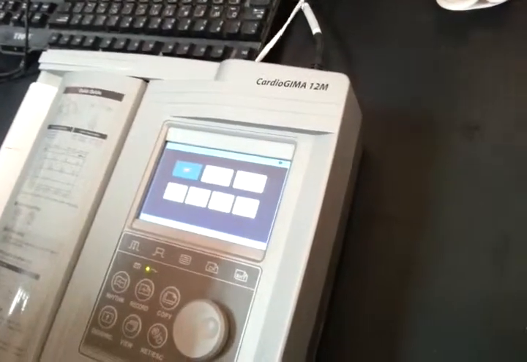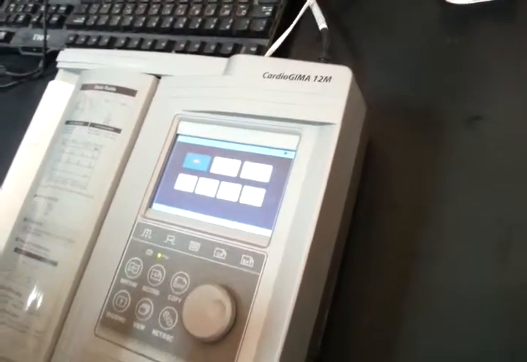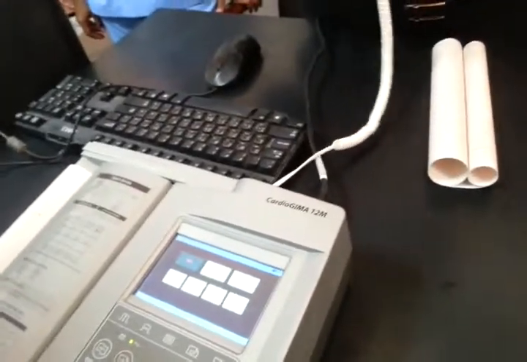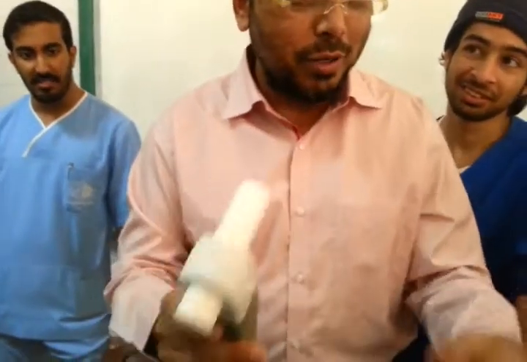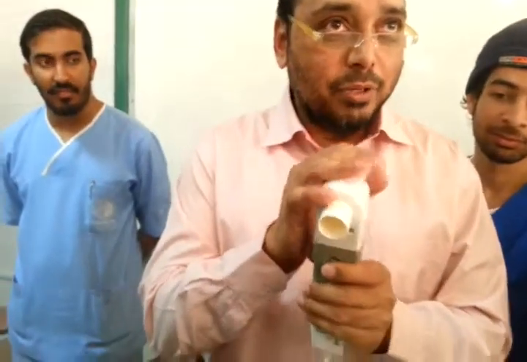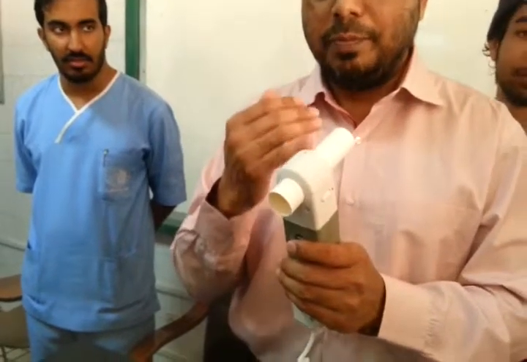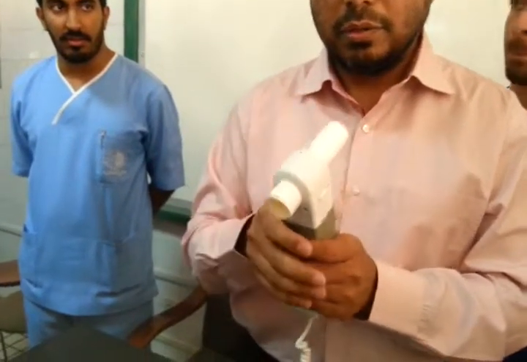So you have to attach it. If you want the nose clip, okay. If you don't want the nose clip, okay. If you want to put it in your mouth, okay. If you don't want to put it in your mouth, just hold it like this, because we are doing a demo here. Alhamdulillah, no patients, nothing, just doing a demo. You should know how it is done. So here I will just show you how, after inspiring and expiring normally, take a deep breath.